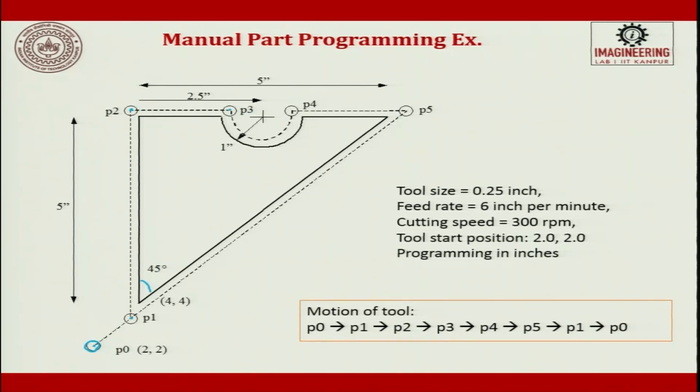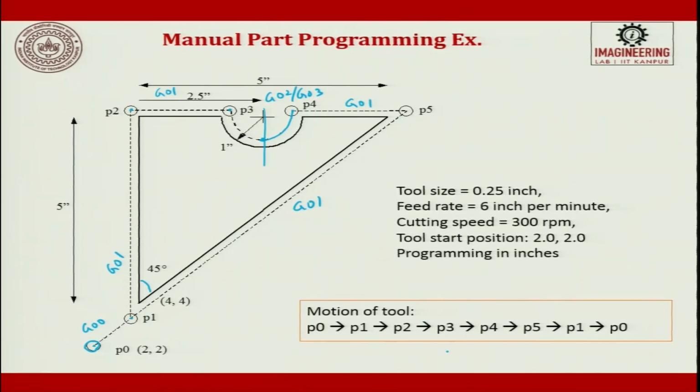Then from here you will come here with an offset, then you have a radius. The radius is divided into 2. So, this is one clockwise; if you take it as counterclockwise, then this becomes clockwise, whatever it is. You can do up to here and then split up to here, or you can use the same command and swing it up to here, P4. So, this will be G00, this will be G01, this will be G01, this will be either G02 or G03 depending upon your requirement, and then this is G01 and then G01.